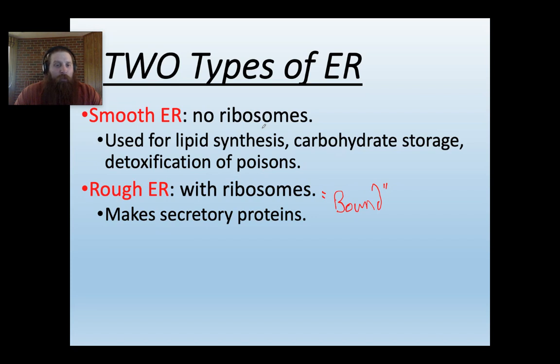Now, a rough ER has ribosomes. It makes what we call secretory proteins, or proteins that we're going to secrete. And so if we're thinking again along the lines of the liver cell and the smooth ER, maybe our pancreas could have a lot of rough ER because it is responsible for secreting some of our